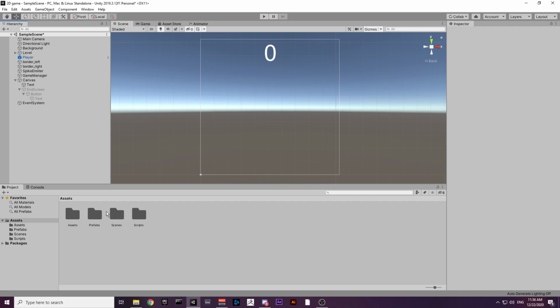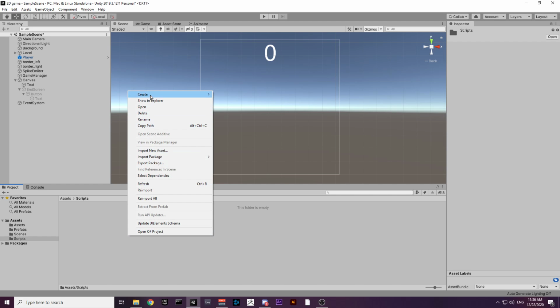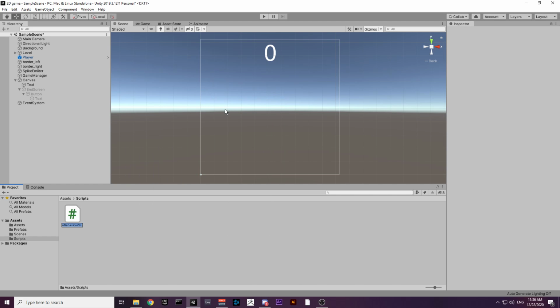Event system, that's great. Let's start coding. So in the scripts, the first thing that I'm going to have is let's make the player move. Okay, because that's what we want to do. Make the player move basically. Okay, so I'm just going to right click on it, create C#, and I'm going to say